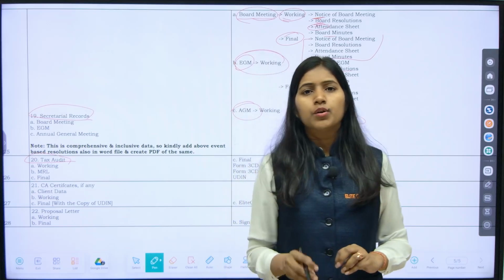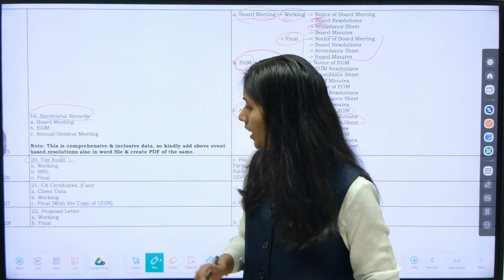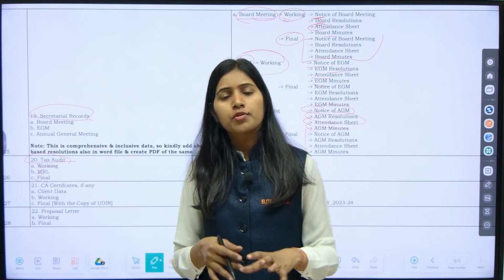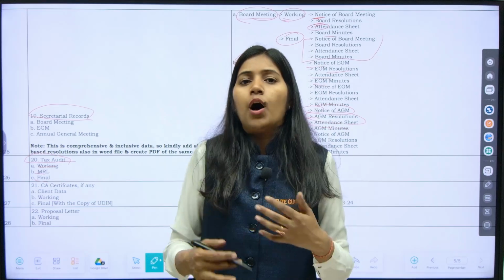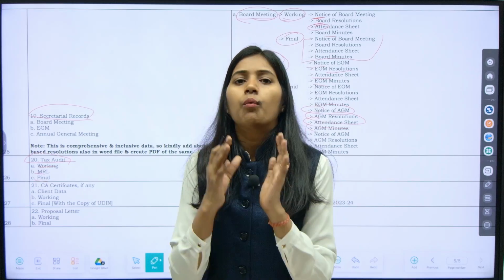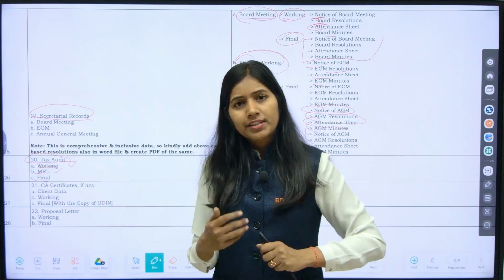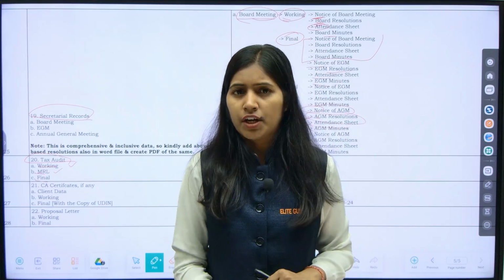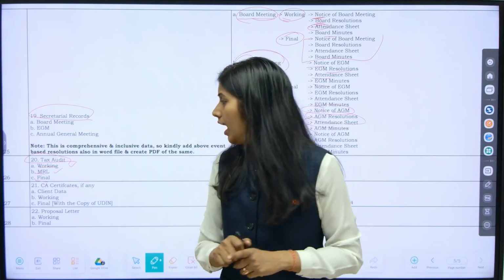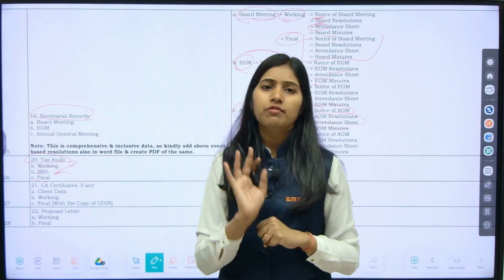If there is a company to whom tax audit is applicable, you are supposed to create a folder of tax audit in which you keep working, MRL and final. In working, your software and Excel data will come to work upon. If a query was there, how it is resolved, what supporting you have taken, everything will go in the working file. In MRL, because you are doing tax audit, you are going to take certain representation letters from your client. So those representation letters should be there, again signed and unsigned: a signed PDF file and a Word file will be with you.